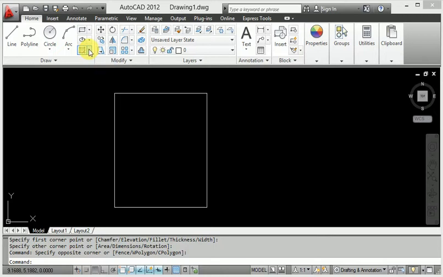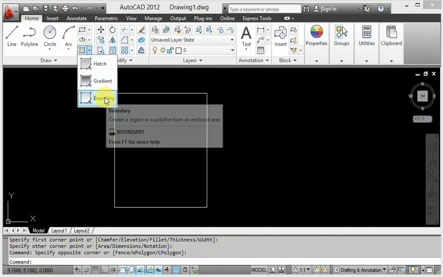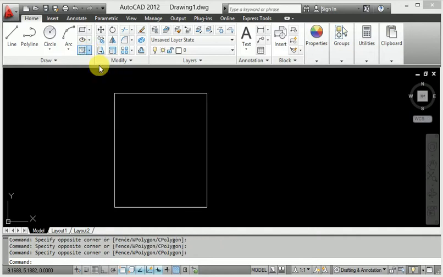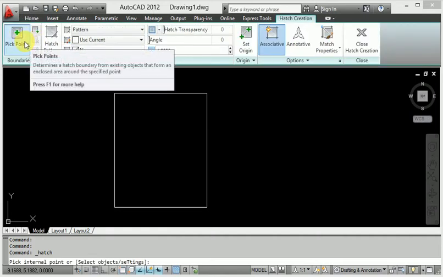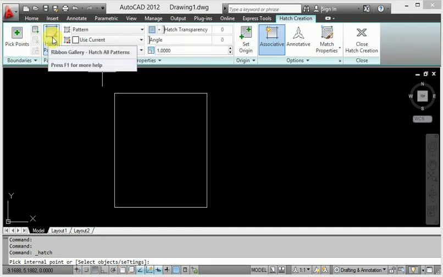So first of all, click the hatching. There are different types of hatching available here: hatching, gradient, boundary. When I click the hatching, there is a selection of hatching.